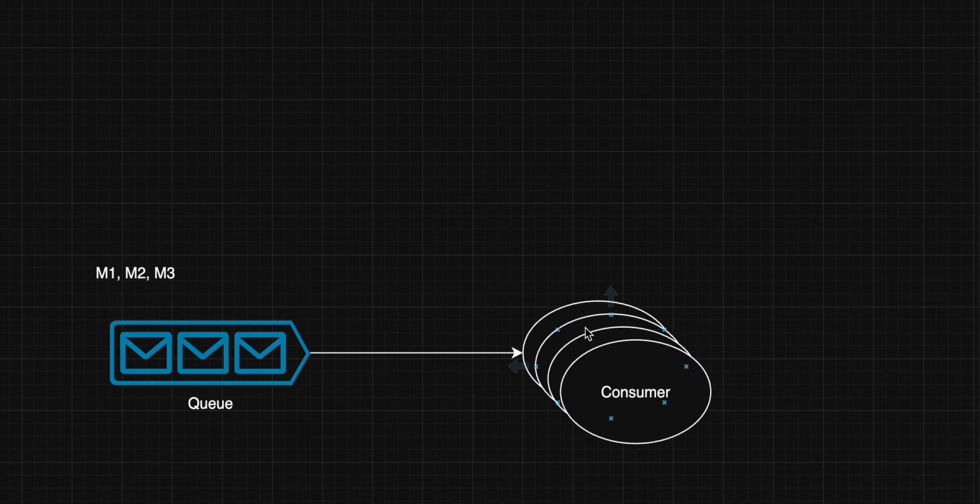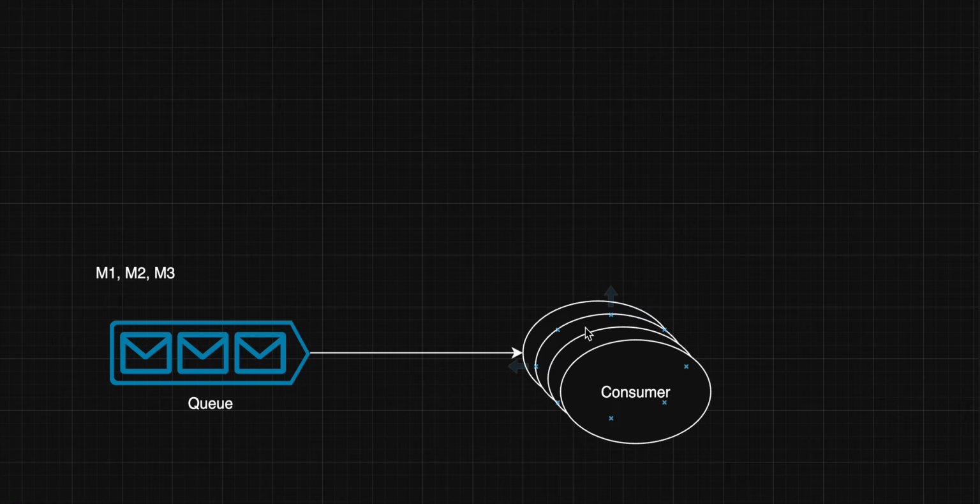Okay, so let's suppose this is fine if you only have this behavior. But what if these three messages I need to consume by some other consumer from another service? No, we cannot do this, because this queue will not have that message once it is consumed. So this is the point-to-point queue structure, and these are its limitations. It is very straightforward. You push a message in the queue, that queue pushes that message into a consumer, whichever is free at that point of time, and that message will be gone.